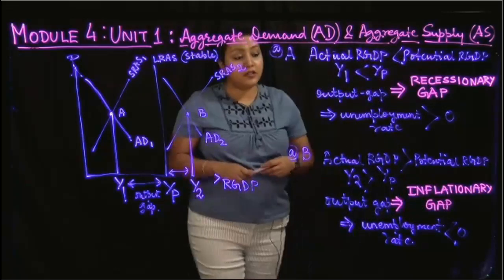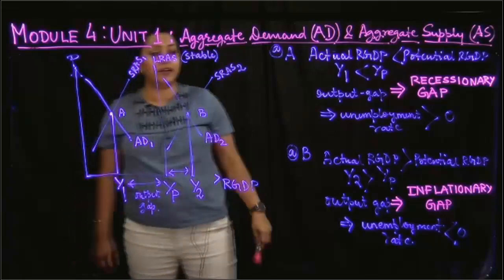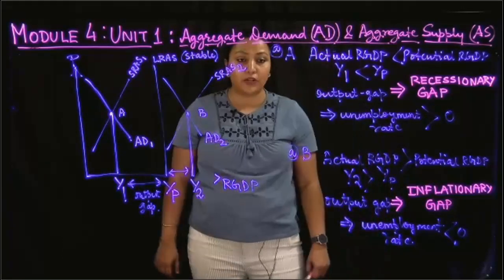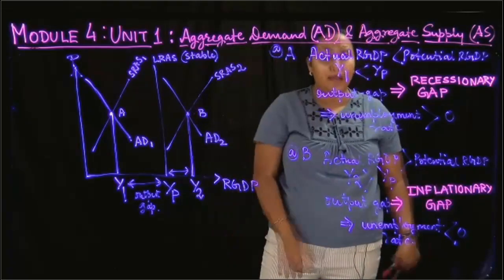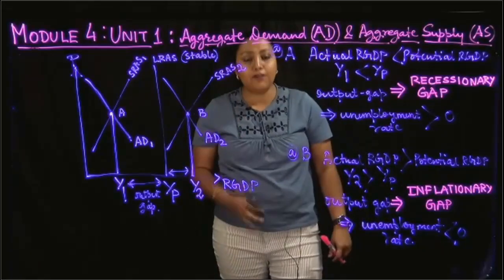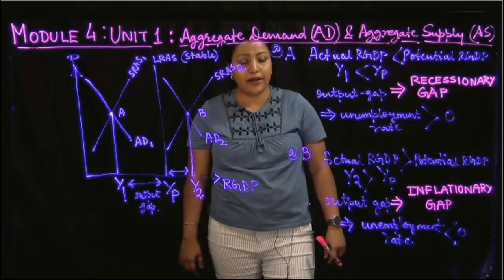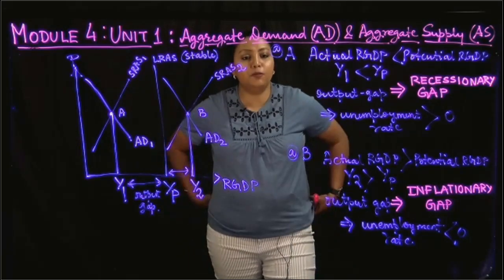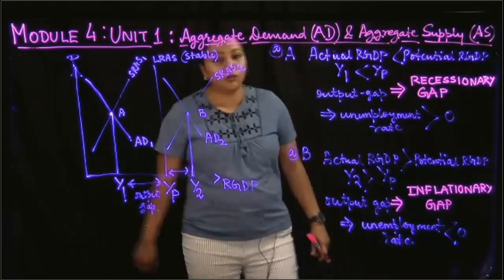Okay. So that means whenever your economy is on the right hand side of the long run aggregate supply, such that your actual real GDP is greater than the potential, then you have an output gap which is called the inflationary gap, and at that inflationary gap there is a negative unemployment rate. So there is no unemployment in the country. There is negative unemployment, which means it is more than full employment. People not only have one job, but they have multiple jobs available to them.